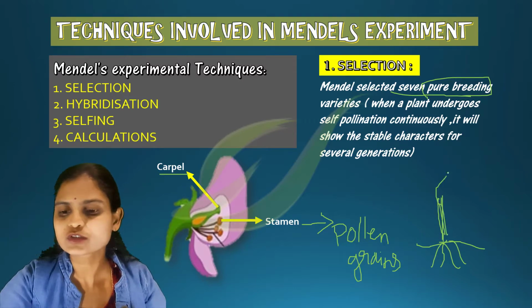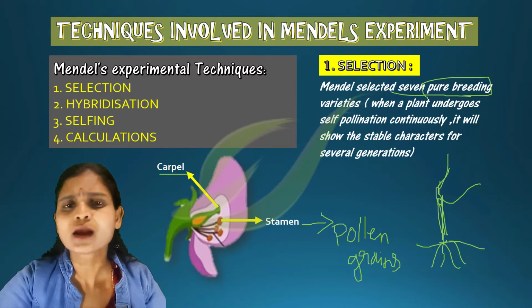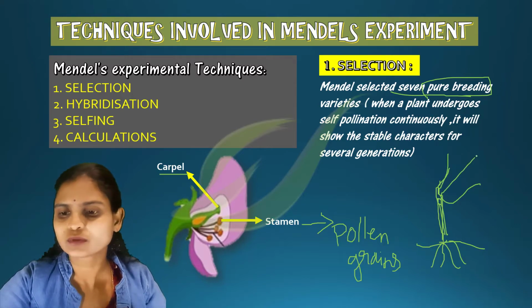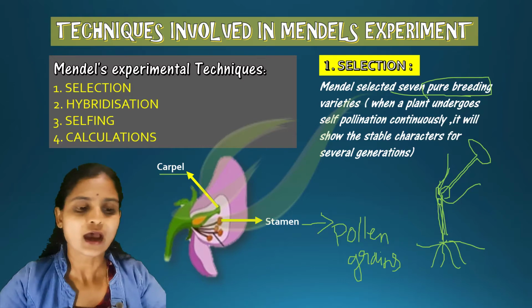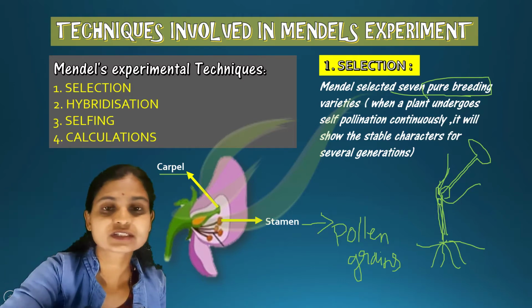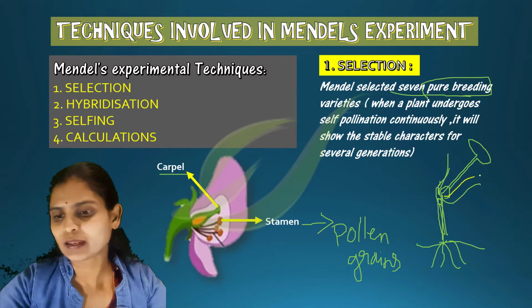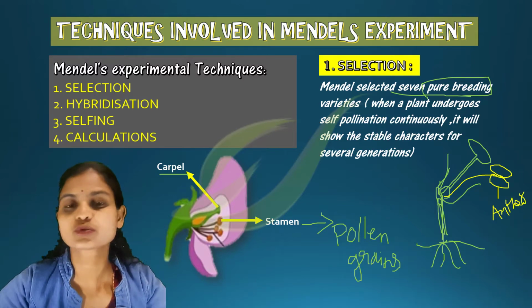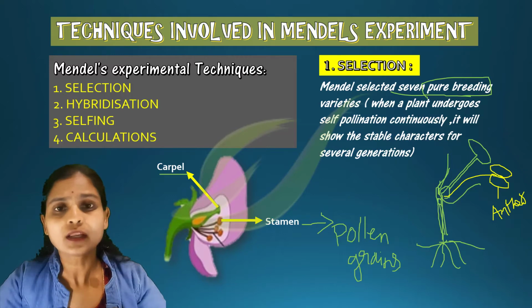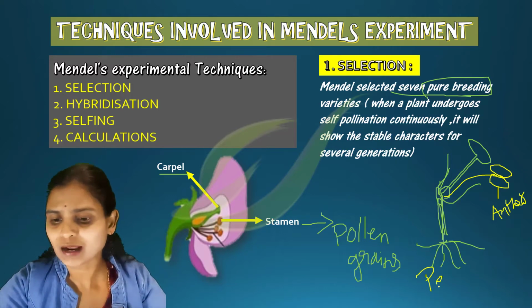It consists of flowers which are bisexual. Now, this is a carpel with stigma, style and ovary present, and it also consists of stamens. So, it is a male part. In the stamen, we know that there is an anther. Anther produces pollen grains.